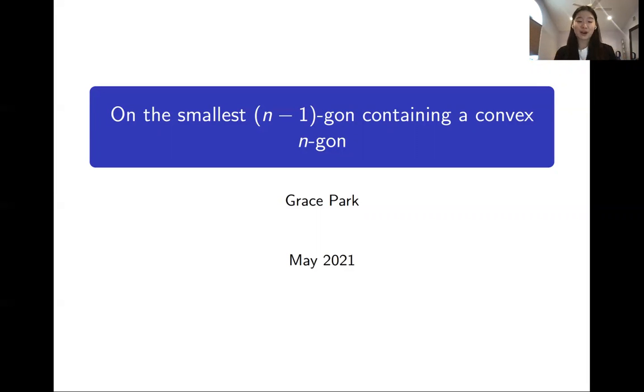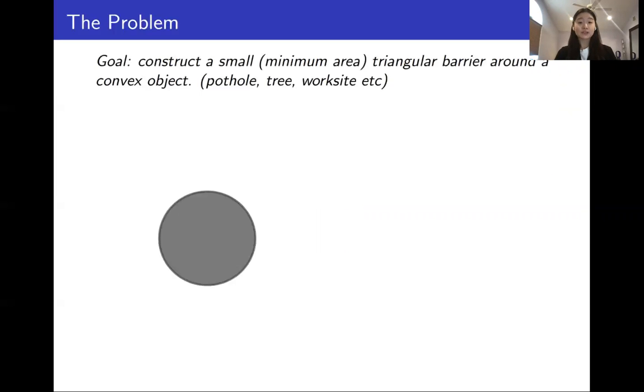Hello, my name is Grace Park, and I'll be presenting my project on the topic of the smallest n-1 gon containing a convex n-gon. Let's suppose that our goal is to construct a minimum area triangle barrier around a given